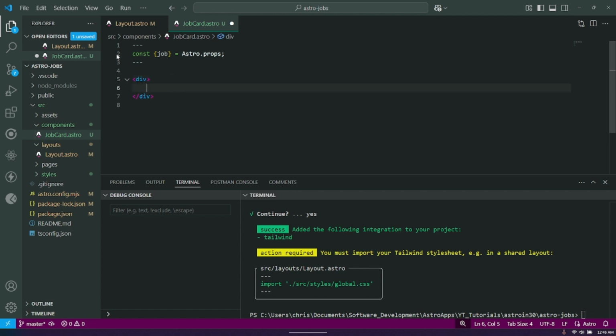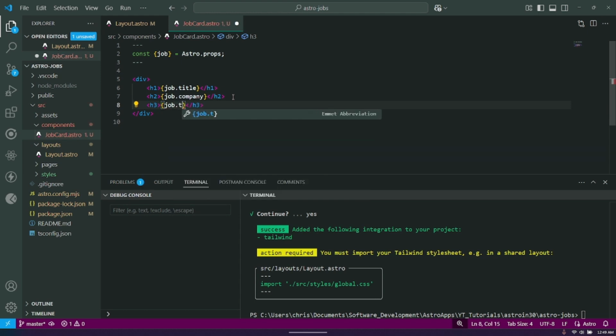We'll style everything in a moment, but we'll just have the div with the h1 of job title, and we're going to need the company, and the location is always remote, so we're going to skip to job type, so h3 job.type,